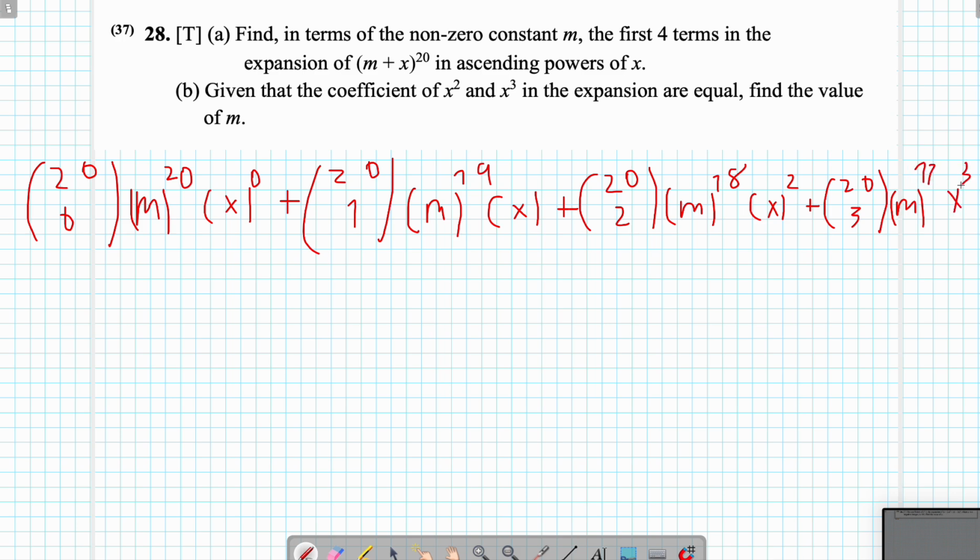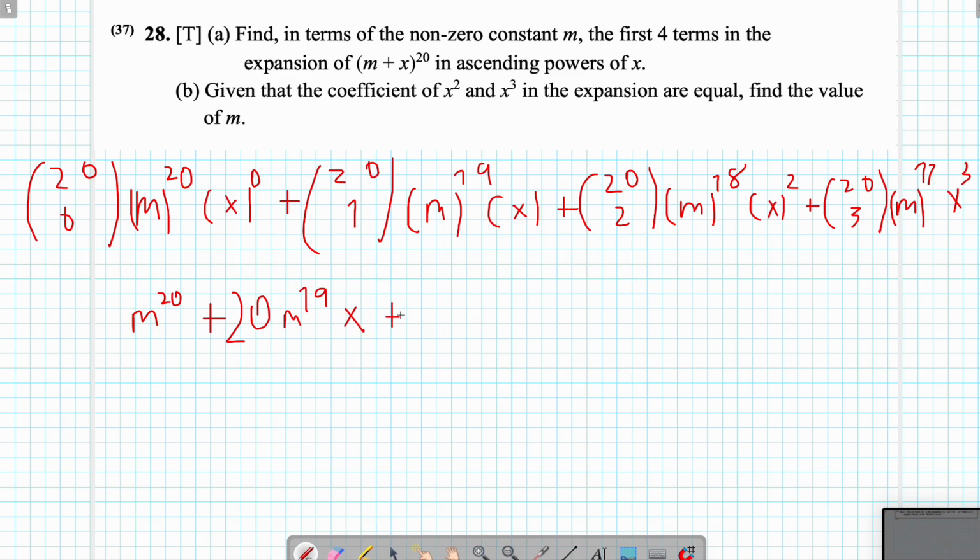Let's simplify. So for the first term we have m to the 20. For the second term we have 20c1, which is 20 times m to the 19 times x, which is 20 m to the 19 x